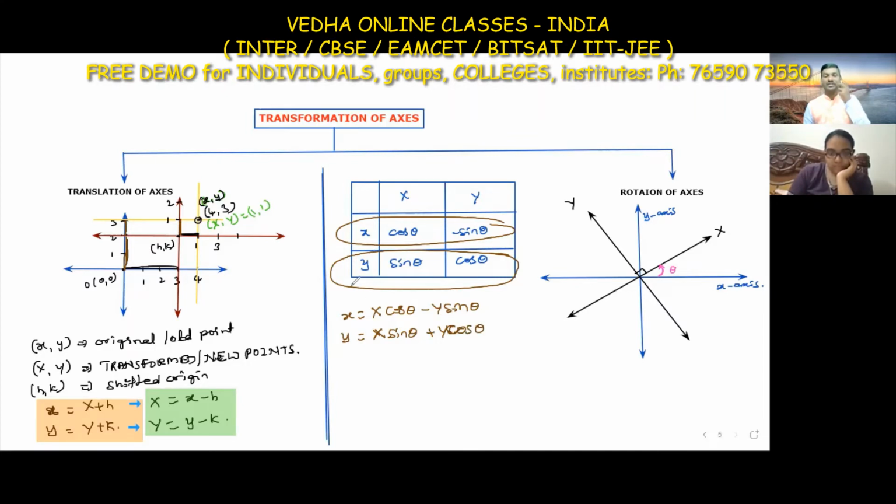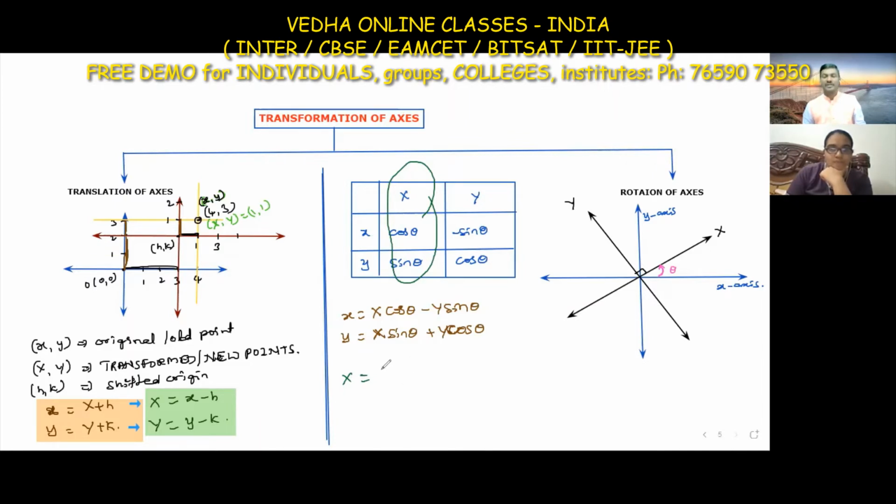So these two are the formulas we are going to use for replacing small x and small y. If you want to replace small x and small y, we take the formula like this. If I want capital X and capital Y, how do I take them? Whenever I take capital X, we take vertically cos and sin and multiply with small x and small y.